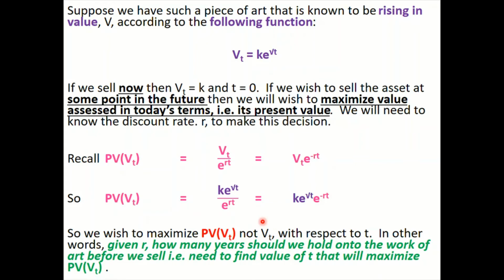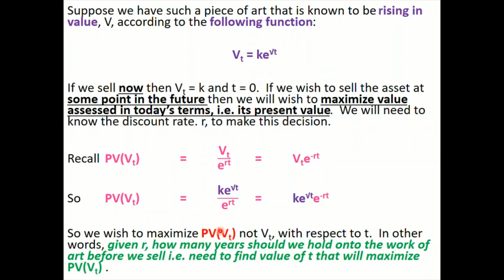So in determining the optimal time, we are going to maximize the present value function with respect to t. We're not going to maximize the future value function with respect to t. It's quite important that we remember that distinction there. So our first order condition, which we'll see on the next slide, is going to work with our present